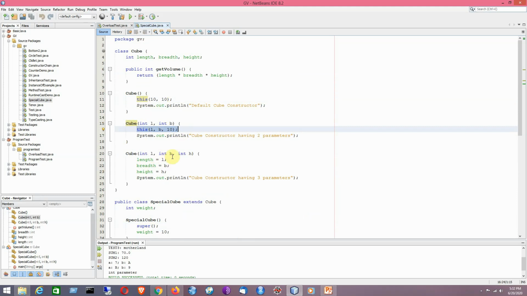In that way the program flow happens here. That is the idea of using constructor overloading. It is just a special case, where method overloading can be applied to constructors also. That is the thing you need to remember.